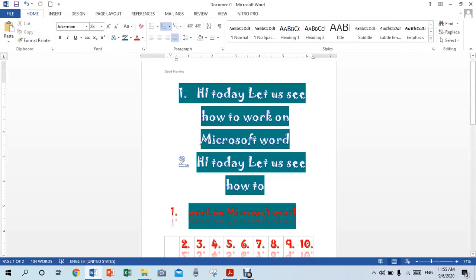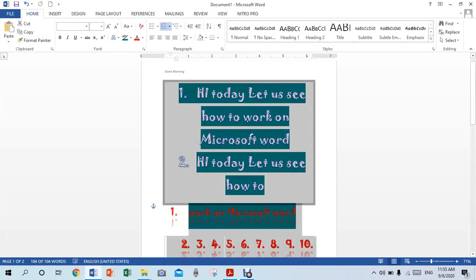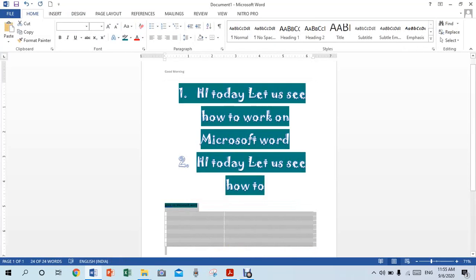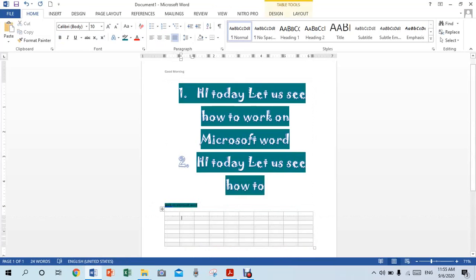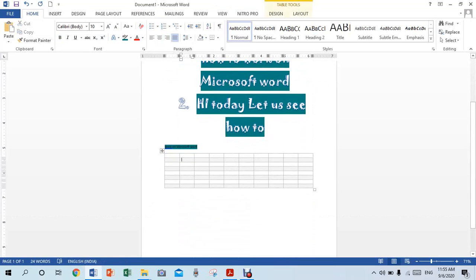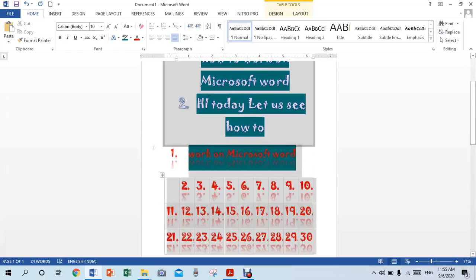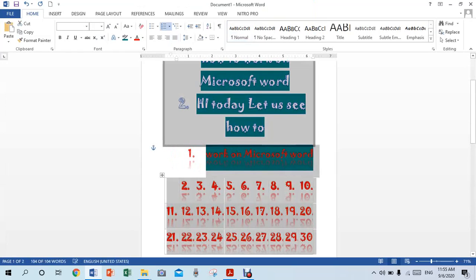Here, if you want to erase all the formatting for these lines, you can click on this button to clear all the formatting which you have done some time before. If you want the format to be there again, you can press Ctrl+Z. If you want to go forward, you can press Ctrl+R.